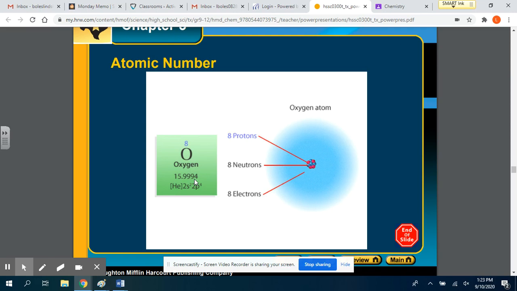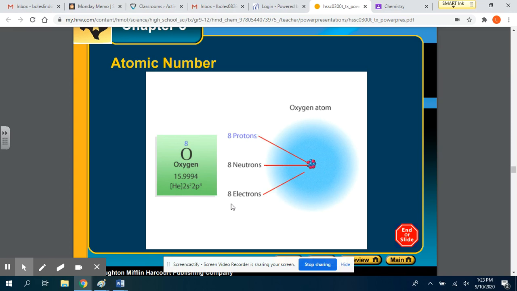So it's really important to understand that this is not the mass number, that the mass number is not on the periodic table anywhere for you to see, okay? Mass number is protons plus neutrons. So for this element right here, oxygen, or this isotope of oxygen right here, the mass number would be 16,